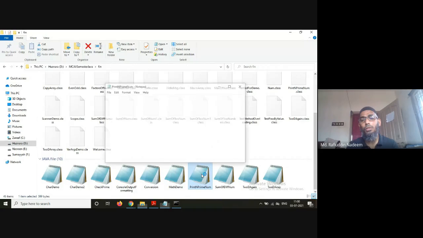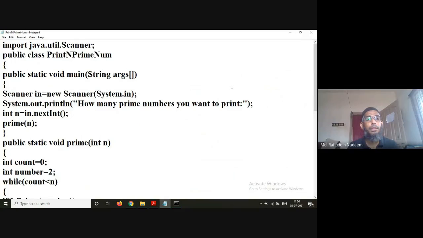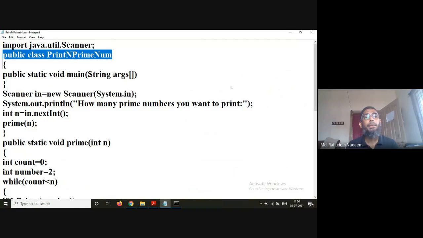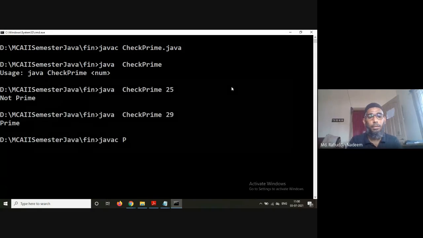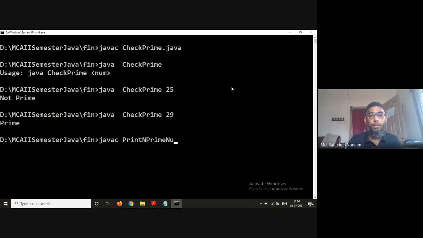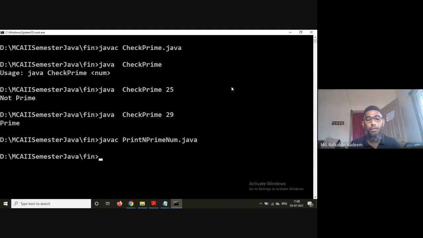Next, this is also the same for prime numbers. Here I am using the Scanner class. So to print the first n prime numbers, if I want to print the first n prime numbers, first you compile this. After this, if you run it,